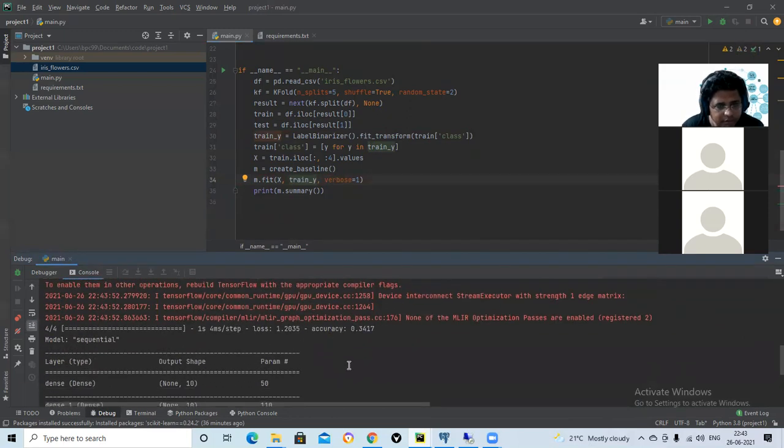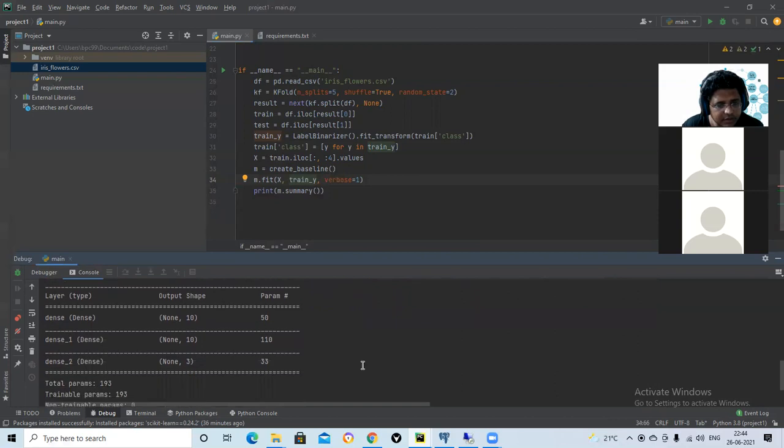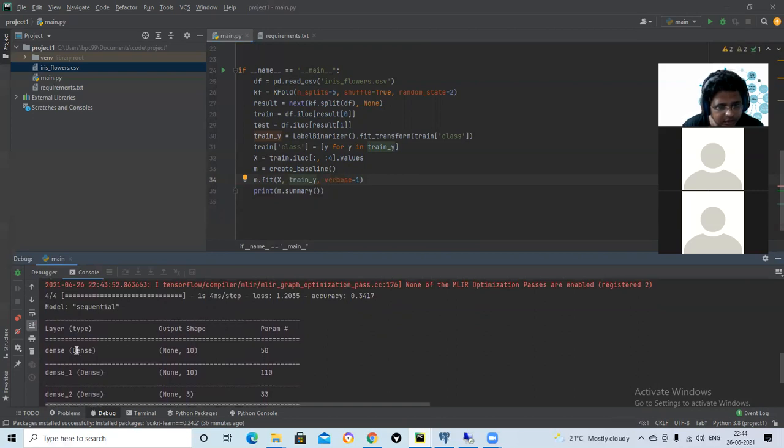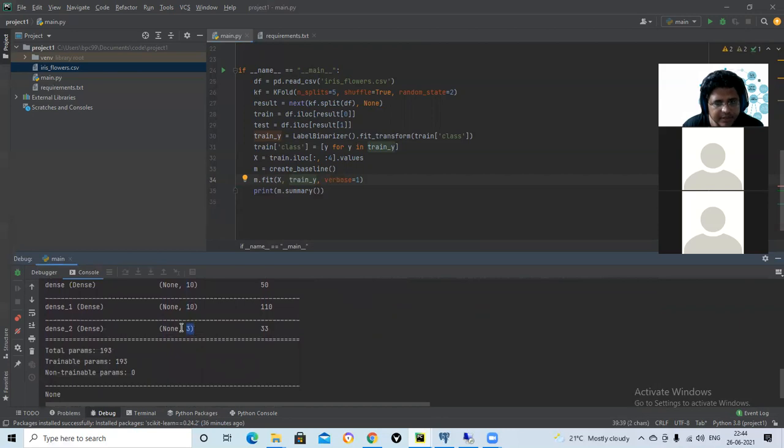Okay. So we got a 34% accuracy. And this was our model, right? First 10 hidden parameters, 10 hidden parameters, and then 3 hidden parameters, right? That is what we wanted, but we wanted more epochs.